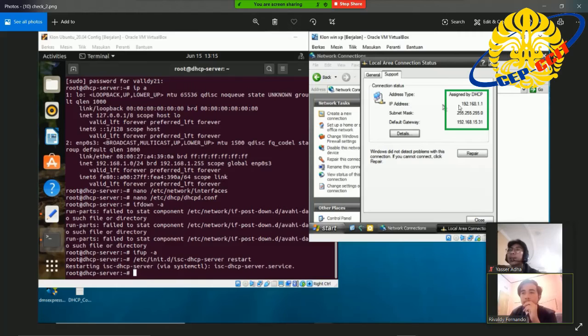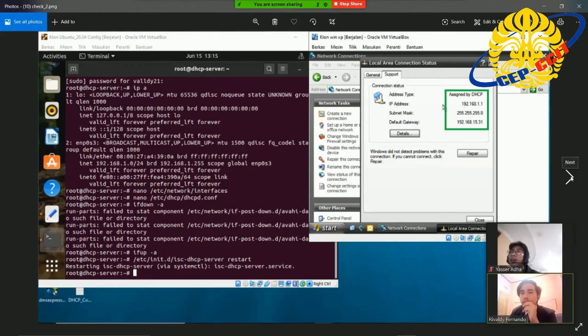Here is the IP address that we configured before in Linux Ubuntu, and also the subnet mask here, 255.255.255.0, for the user, and the default gateway here, because we already assigned the default gateway at the Ubuntu at the option routers.